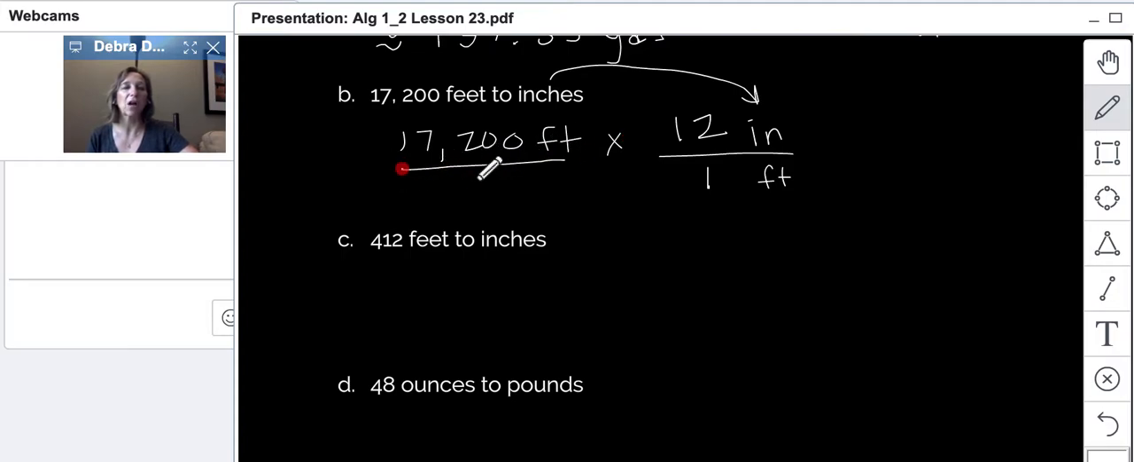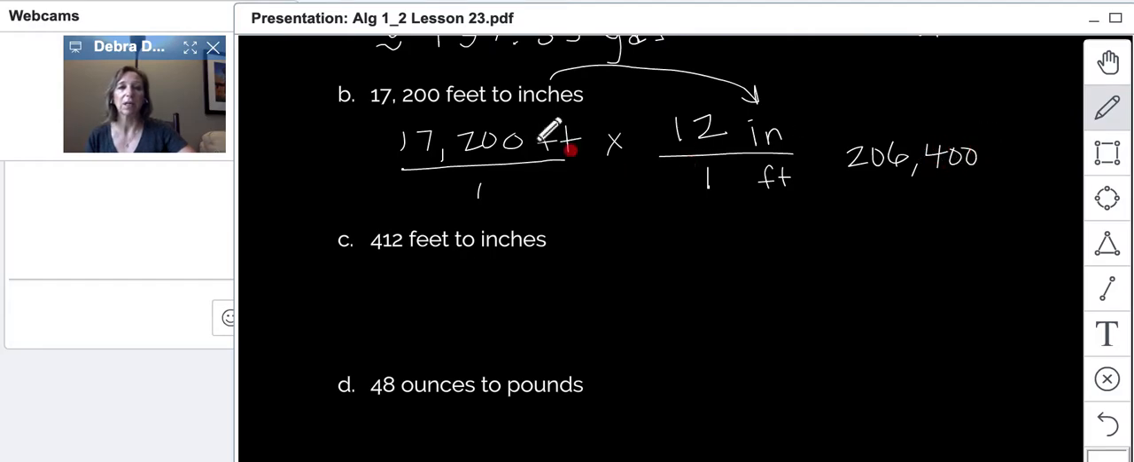Okay, here's another common problem. Sometimes people start moving things and dividing by 12. If it's in the top, you want to multiply straight across. If this number that's not a 1 is in the denominator, you want to divide. So we'll multiply that 17,200 times 12 equals